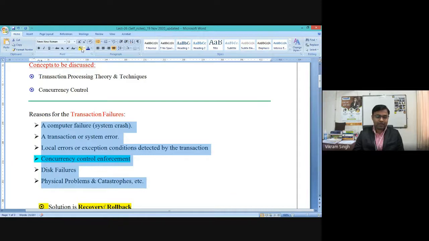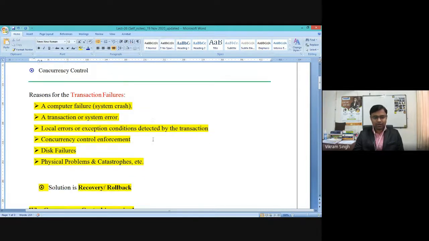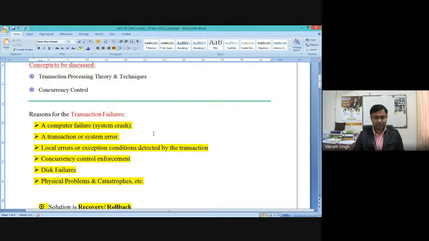So you should have some brief idea about these possible reasons, what the criteria is, or what situation falls into these different categories. Now, whenever a failure occurs in the database system, that's why we need a separate module within a DBMS which takes care of the recovery of these transactions, which takes care of the rollback of the transaction, right?